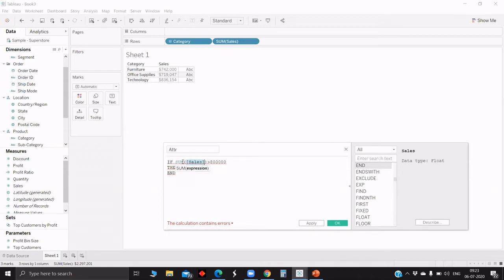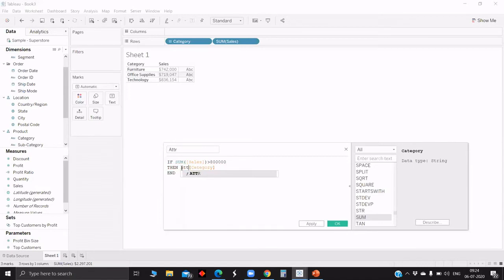Here we have used sales as an aggregate in terms of sum, but in category also we are supposed to use only aggregate. There is a rule: if we use one aggregate field in the calculation, we are supposed to make all the others aggregated too. In a calculated field, whichever terms you use, either all should be aggregated or all disaggregated. As you see here, we have used sum of sales, but how do we make the categories an aggregation? Sum, max, min. We can use max, but how do we debug this error?